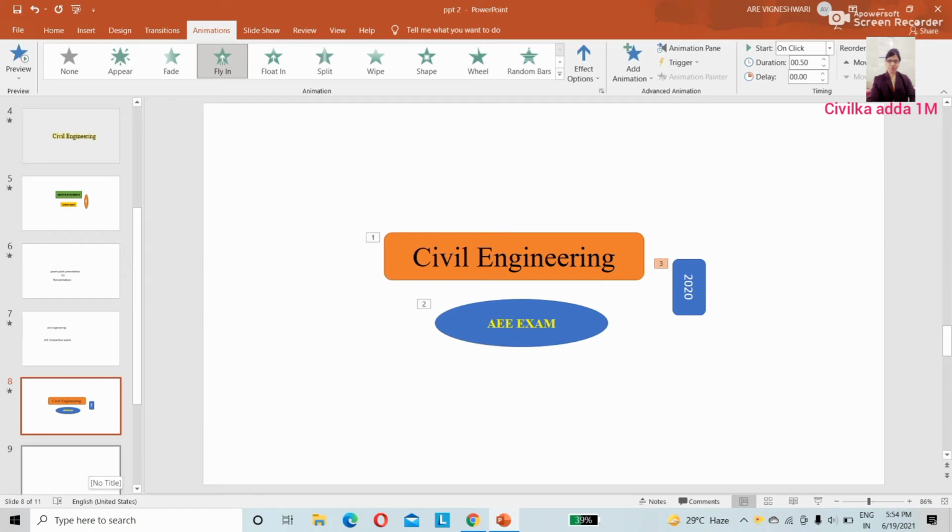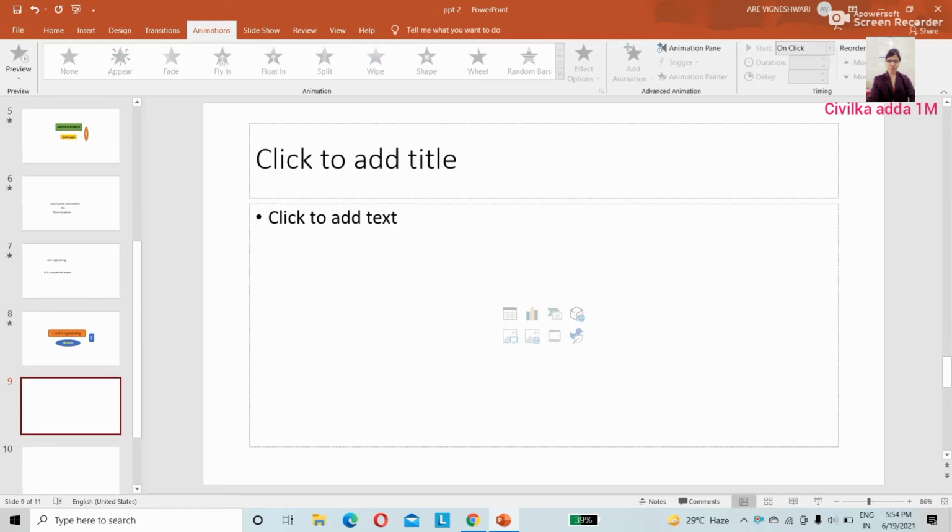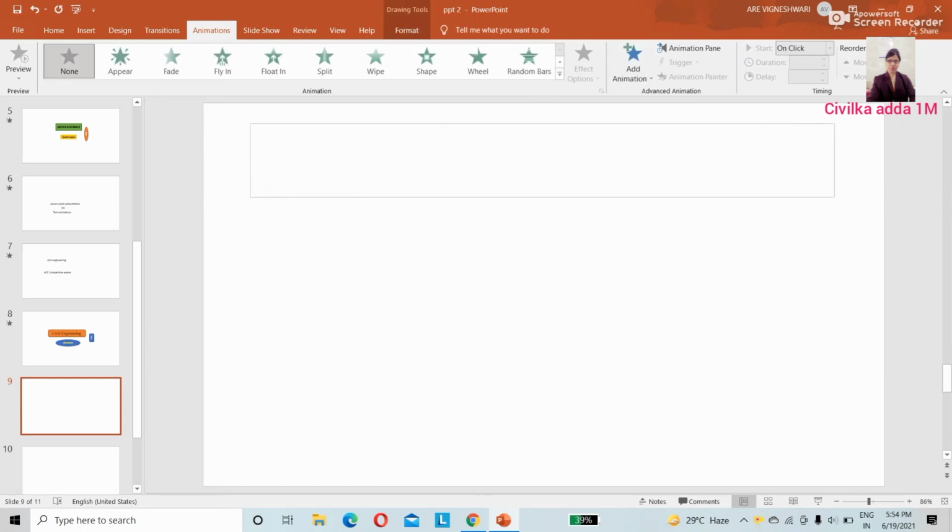We'll see another style, how to do animation for complete text also, and the different styles of text also. As I have directly entered it, it copied the previous layout format.